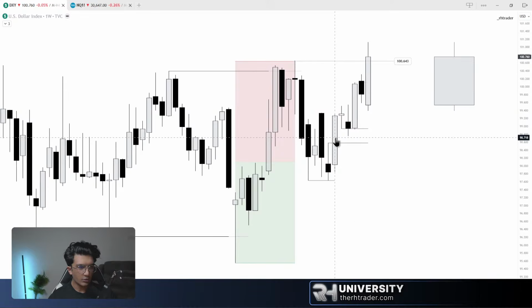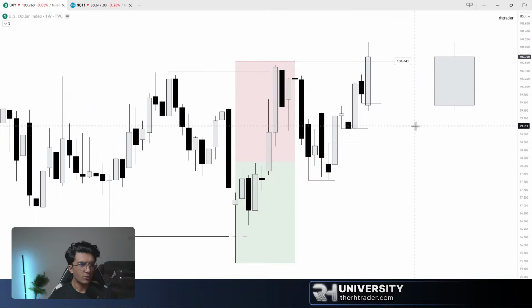Then price gets into it. We have a nice gap. Price expands higher, just as I told you. We have closed above this bearish weekly fair value gap as well. That is another sign you can look for. Then price closed right here after taking out the previous week's high on the 8th of June, the previous weekly candle. Then the current week, which would now be the previous week, price takes out the previous week's low.